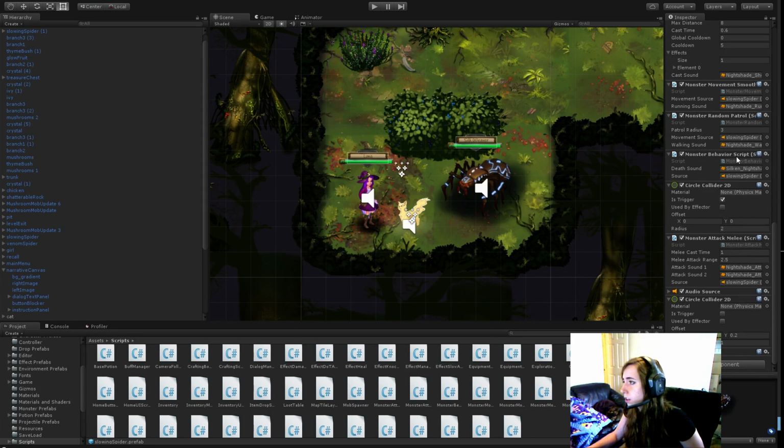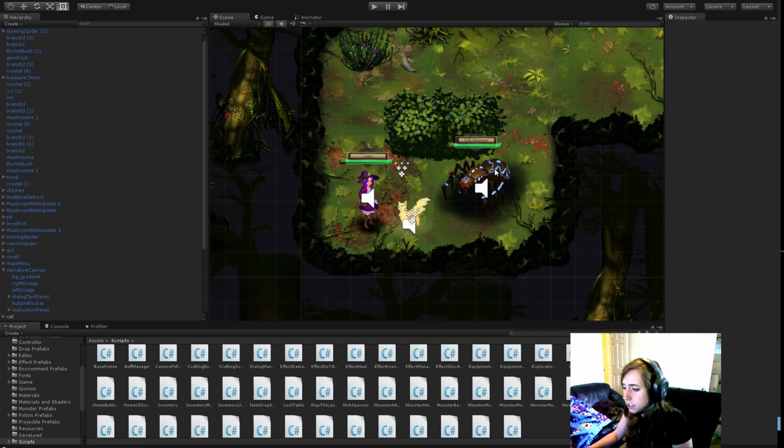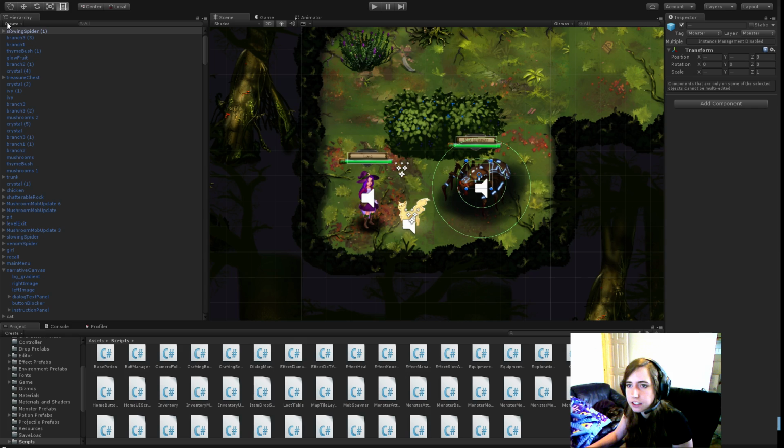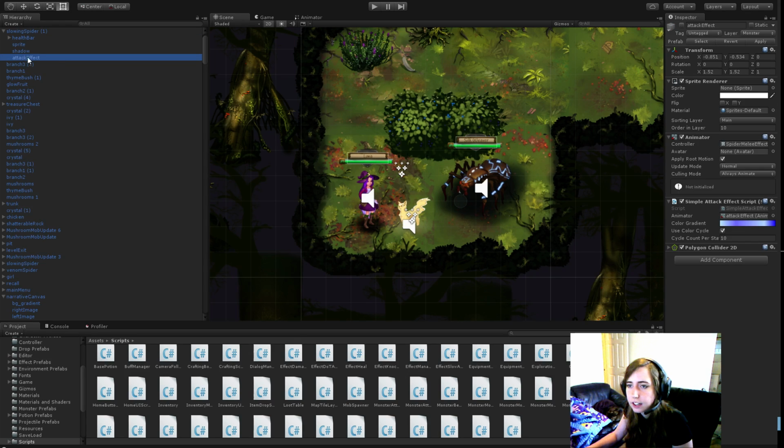And of course, quite like the attack cast script, I also have a melee attack script. This melee attack script can work by using an attack effect, which is on the slowing spider and disabled but stored. And so the attack effect can